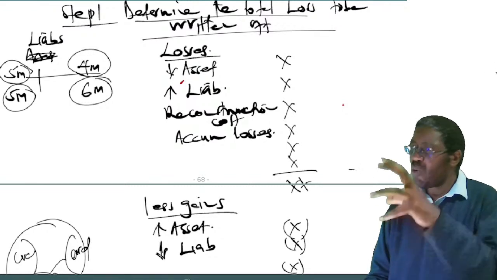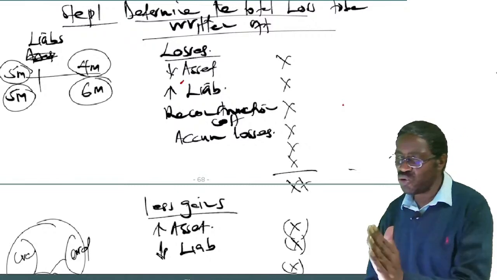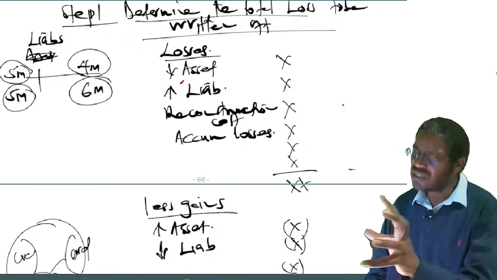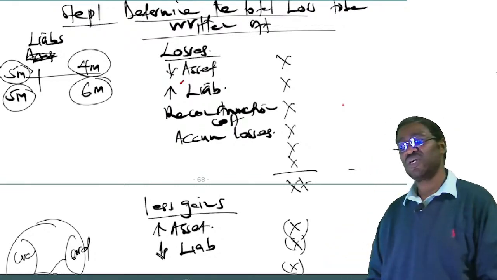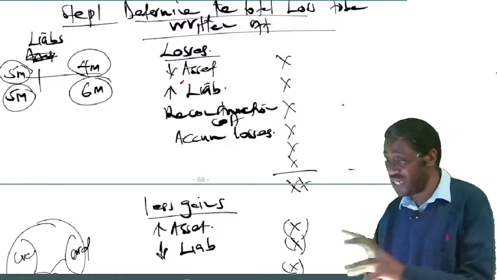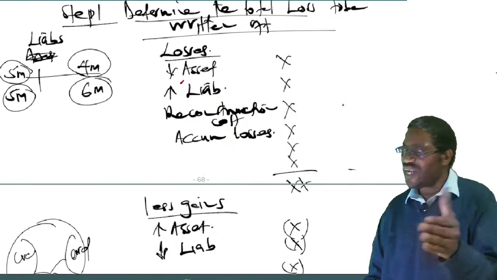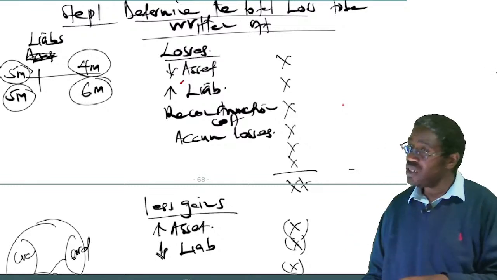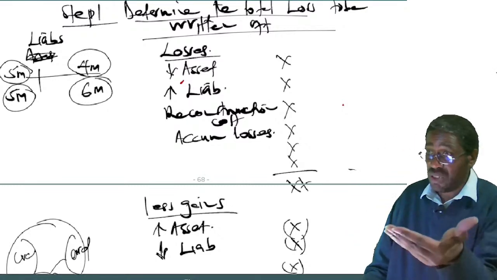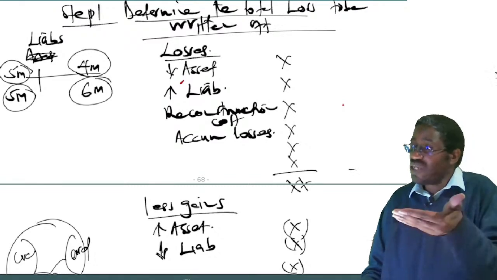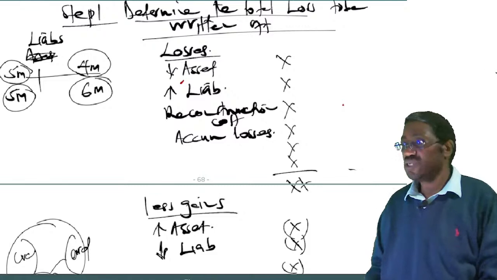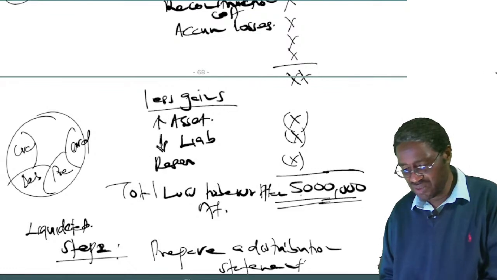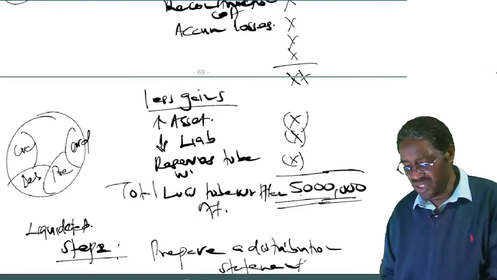If there were positive reserves, like I told you, share premium, general reserve, revaluation reserve, those are again reserves that have to be written off. In case you are reconstructing a company, reserves should be written off. And we said, when you're writing off things like share premium, general reserve, and so on, you are gaining. Why? Because this was money belonging to shareholders. And as a company, we are writing it off. In other words, we are reducing what we owe to the shareholders. That's a gain. So among the gains, we can say here, reserves to be written off.